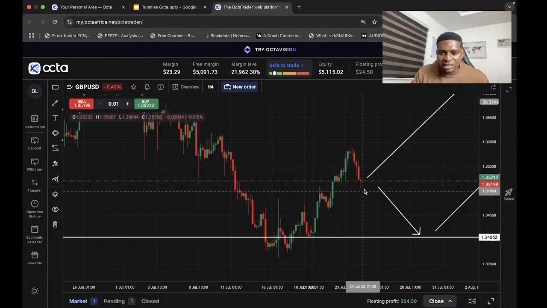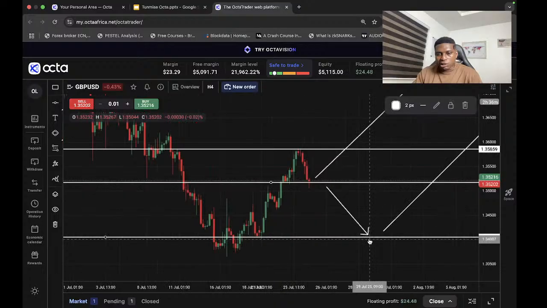So this level is very pivotal. If you are risk averse and you don't want to take too much risk, then you want to wait to see what price will do at this level. Now, for price reaction at this level, we might look at something say here. So if price breaks out of this resistance zone here, then you are looking to buy. But if price closes and breaks out at this level, then you are looking to sell, and then your take profit level should be here at